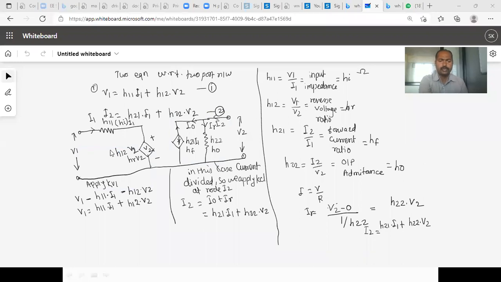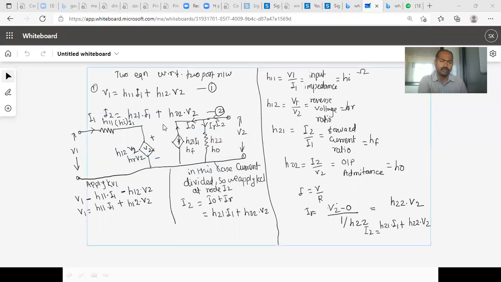So we have to calculate this with respect to input. The phi1 equation is related to the input port, that's why we have drawn the input part here. Now see, I2 comes with respect to output, that's why we have to draw this equation with respect to output. We have used the same line because I1 and I2 are flowing through the same network, right?